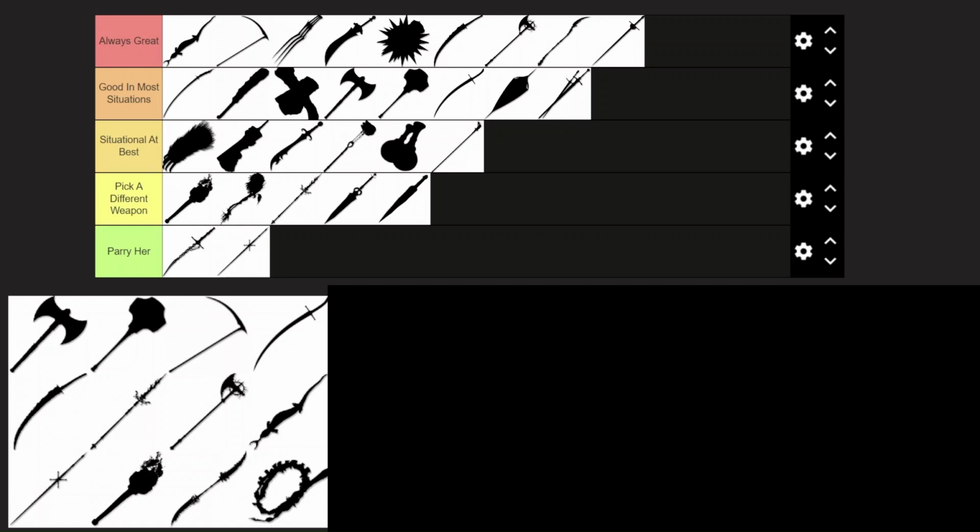Twin Blades here. I'm going to put them in situational at best, and this is because the two-handed moveset is the one that you're supposed to want to use with Twin Blades, but it comes out being worse in those situations. It has some really fun weapons like the Godskin Peeler and the Euphoria, but they struggle to actually